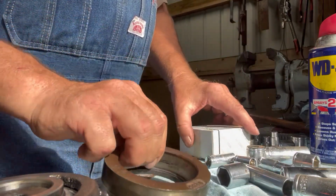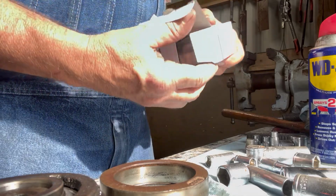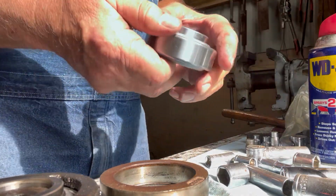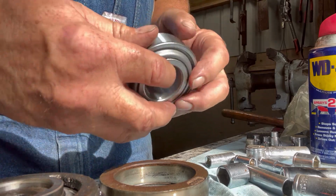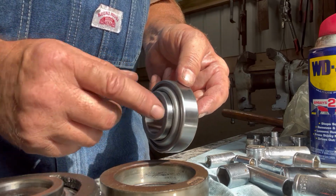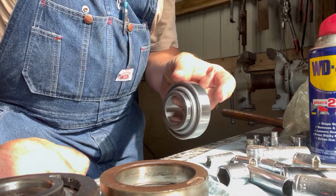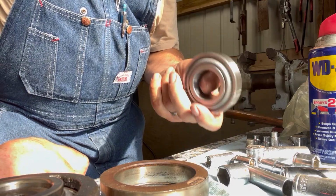Here's our housing and our new bearing, our new Chinese bearing. It says PEER on them, P-E-E-R. And what I've been reading is these PEER bearings are not anywhere near as good as the old Fafnirs or Timkens or anything, but this is what all the